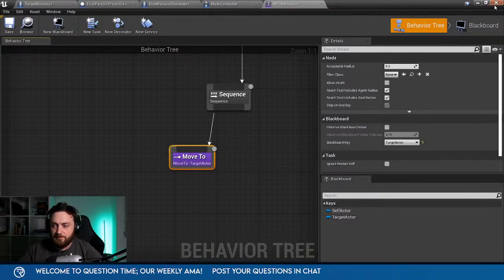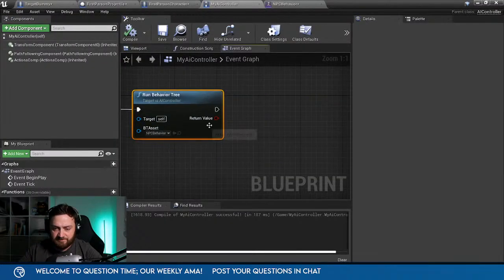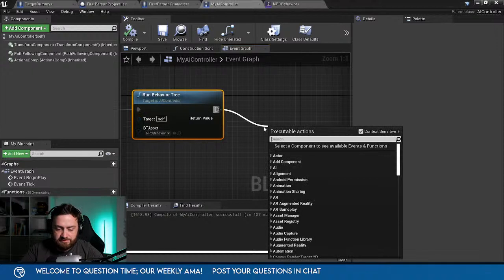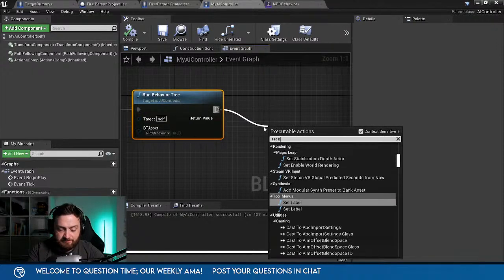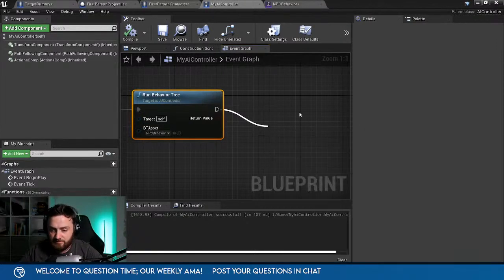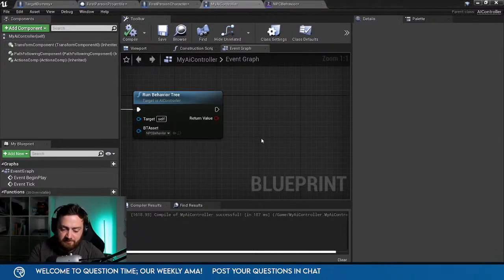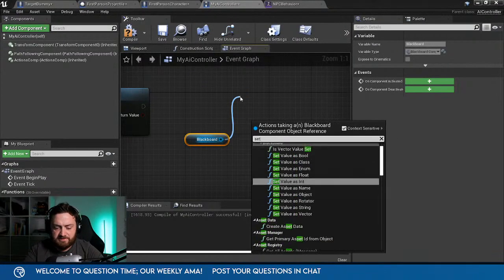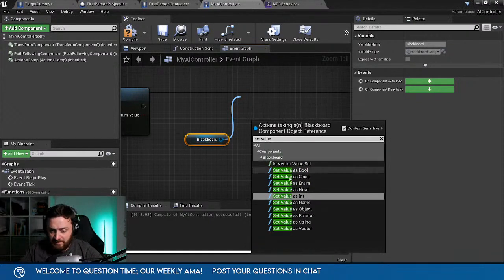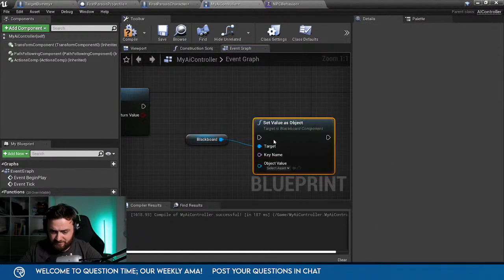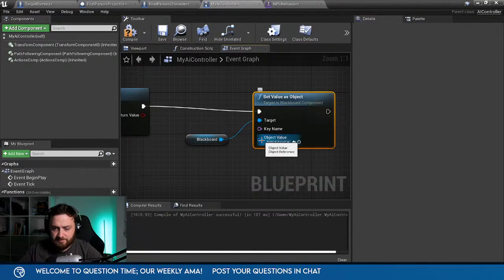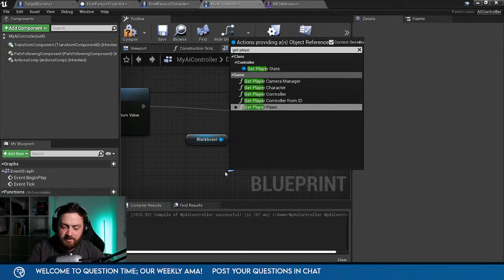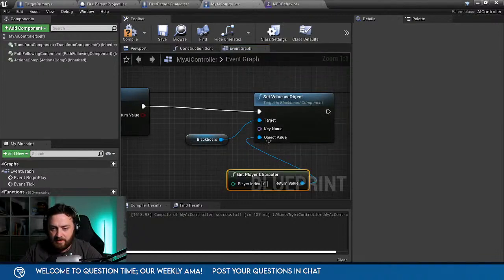Right, so we'll make him do that, and on the AI controller here, when he runs behavior tree, we're going to set Blackboard. Get Blackboard first. Then set value as object. And object value will be get player character.